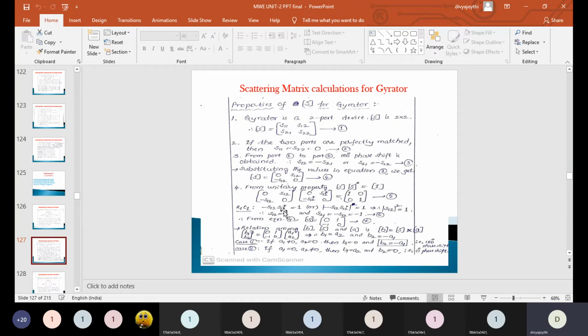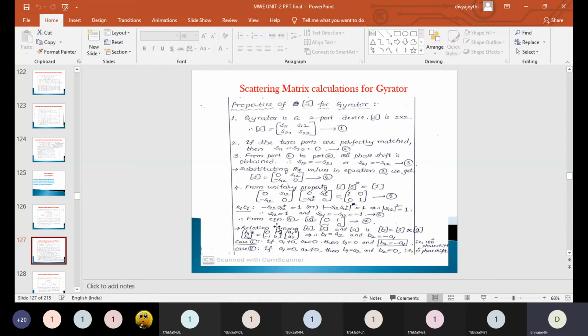As there are two parameters with the same suffixes, you can simply replace them with a single parameter, like magnitude of S12 whole squared is equal to 1. You can directly write magnitude of S12 squared is equal to 1. So S12 is going to be 1, and if you have S12, then you can easily have S21, because S21 is equal to minus S12. So when S12 is equal to 1, S21 is going to be minus 1. So now you have S12 and S21.